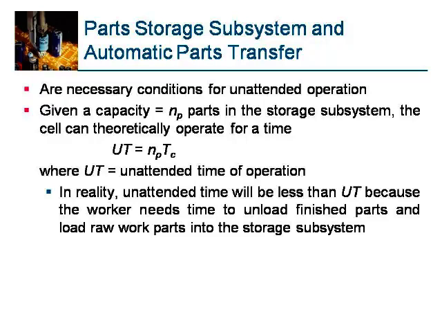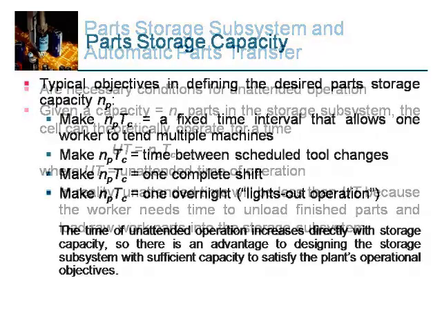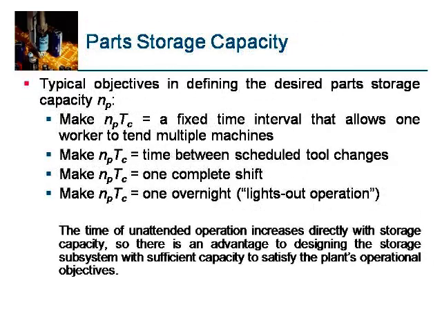In reality, unattended time will be less than UT because the worker needs time to unload finished parts and load raw parts into the storage subsystem. Typical objectives in defining the desired part storage capacity np are: make np times Tc a fixed time interval that allows one worker to tend multiple machines; make np times Tc equal to the time between scheduled tool changes;